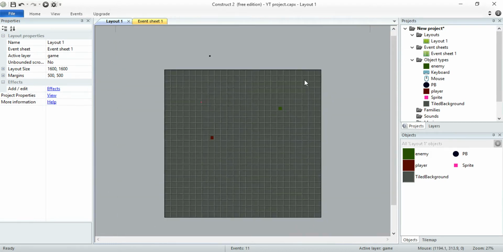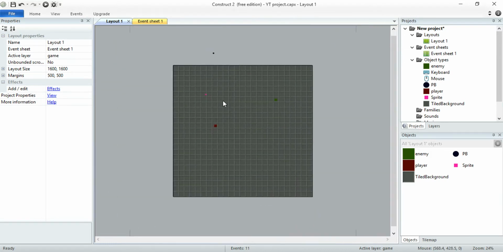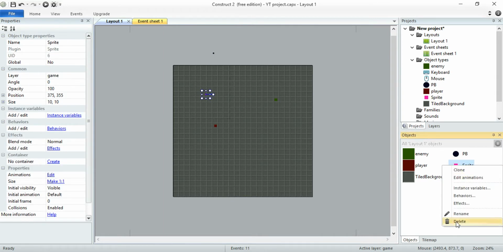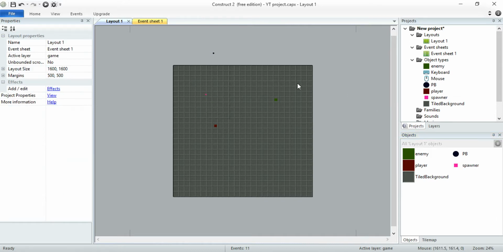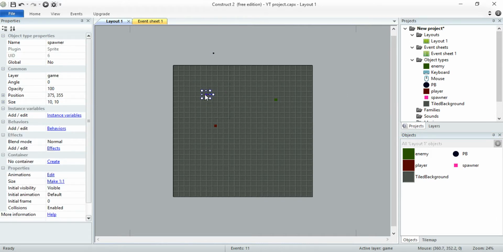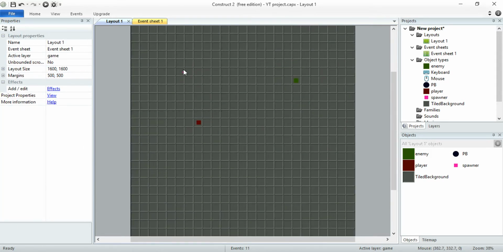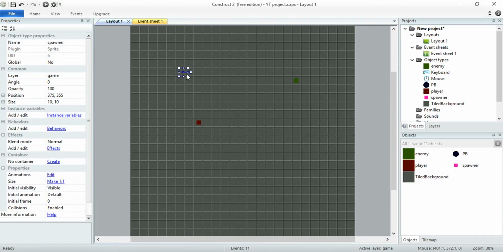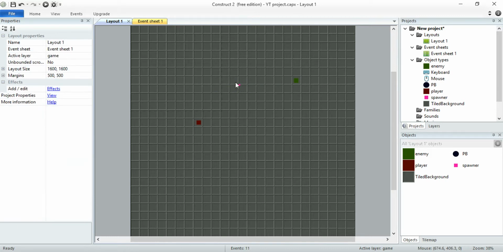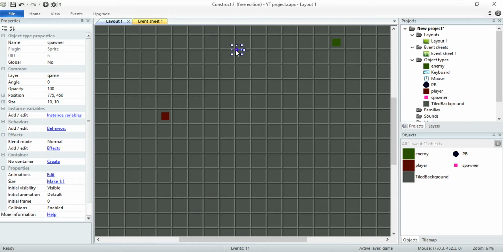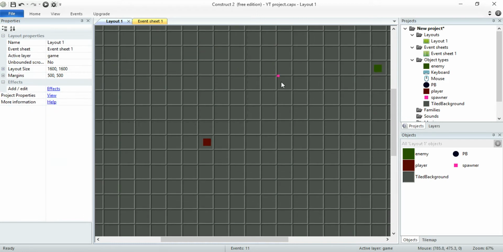But anyway, let's go. What am I doing? Okay, so basically I'm trying to create a spawning system. Let's rename it and call it spawn. Boom. And then, yep, we got that. I can't select it. It's very difficult to do when you're not zoomed in enough, but there we go. So I want the spawner to be, it's a sprite at the moment. It doesn't need any behaviors because all it needs to do is just